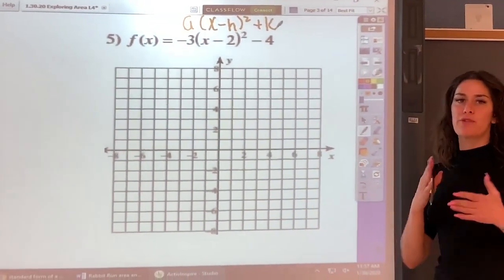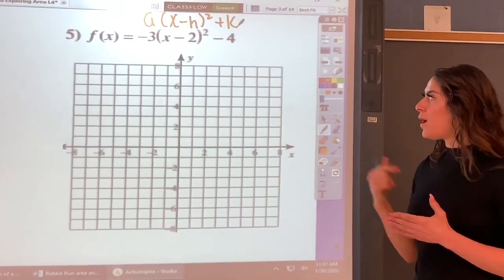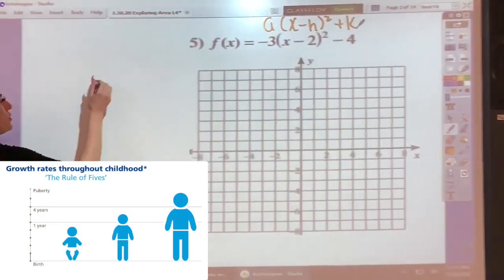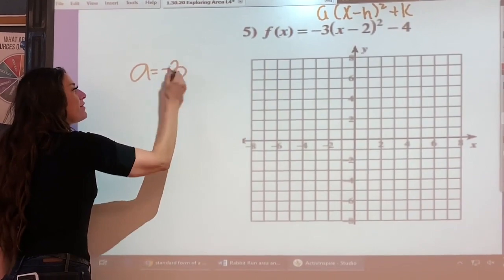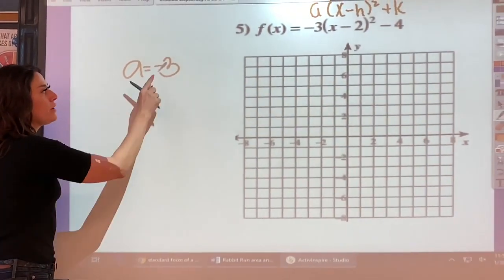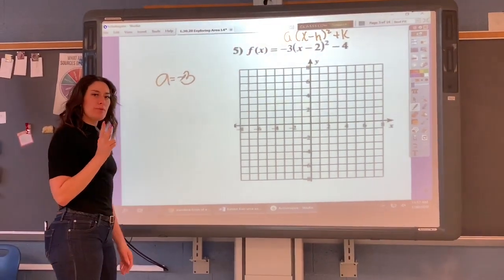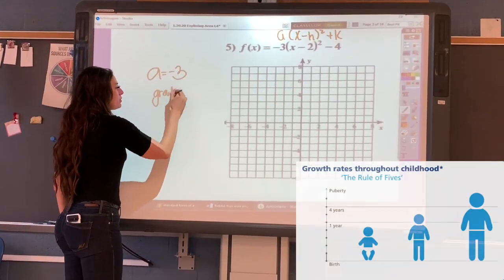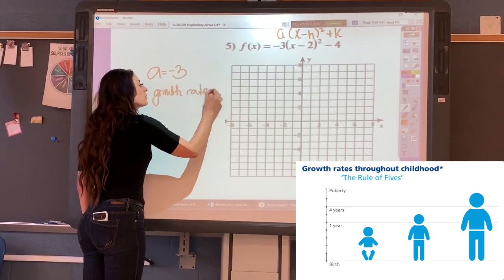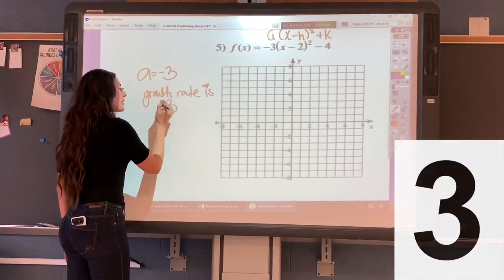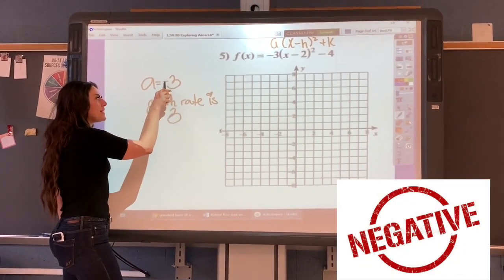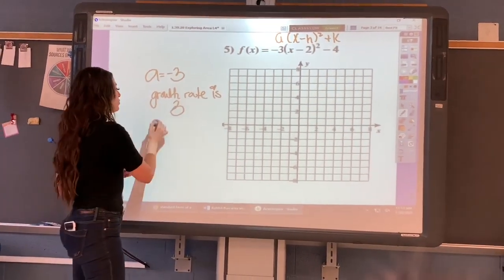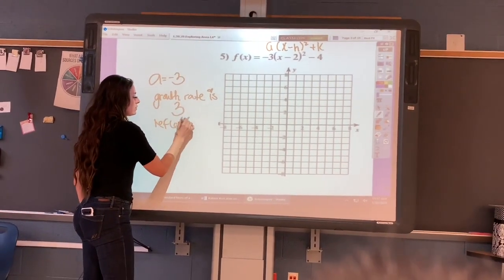Off to the side, I'm just going to write down some key information. One, I know my growth rate. I know it's growing 3 times faster. So my A value is -3. Okay? This actually gives me 2 important pieces of information. One, that's your growth rate or your dilation of 3. Two, it also shows that it's negative, meaning if you typically open up, we're going to be opening down. So this is a reflection